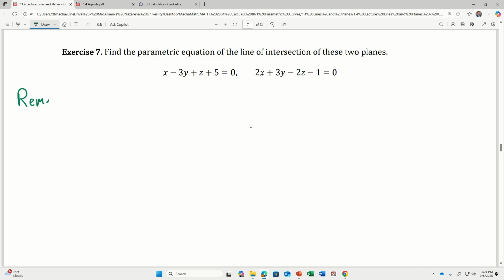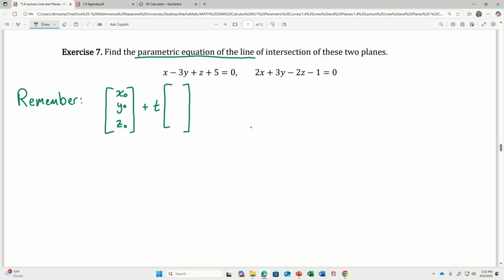It's been a while, but remember that a parametric equation of a line looks like this. It looks like you have some point that belongs to your line, plus you have a parameter times a vector parallel to your line. I don't know what we want to call this vector. I'm going to call this vector